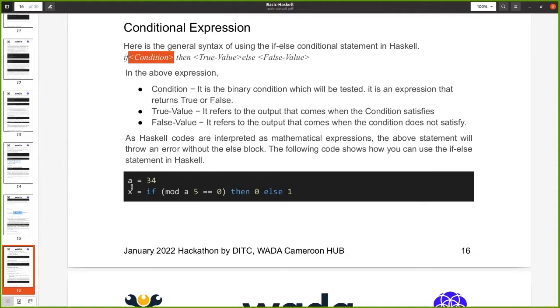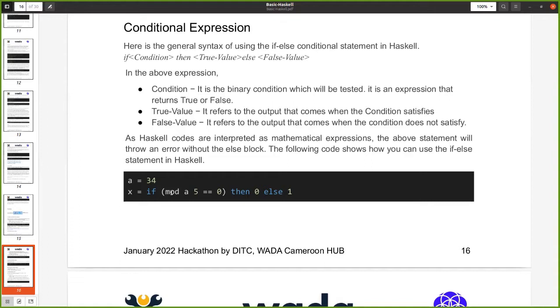In this case, for example, we have a value that we have assigned 34 to, and over here we want to check if that value is divisible by 5, and there's an operator modulo that we saw early on